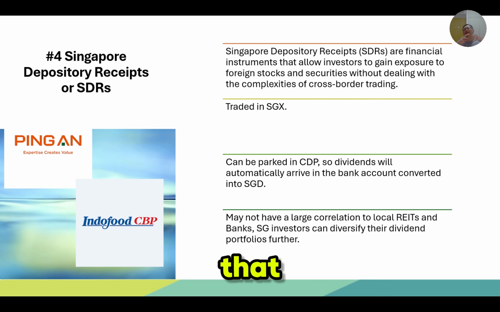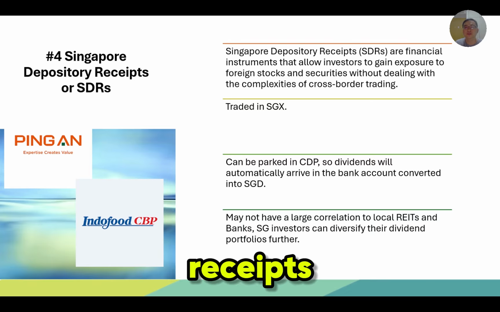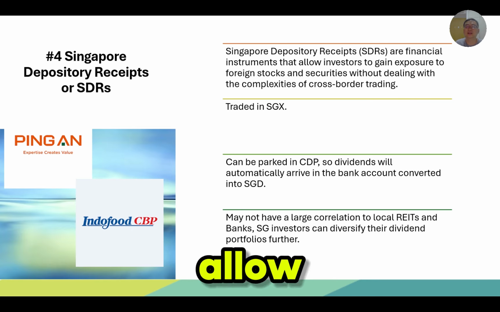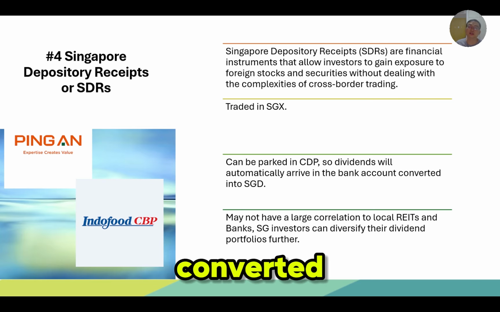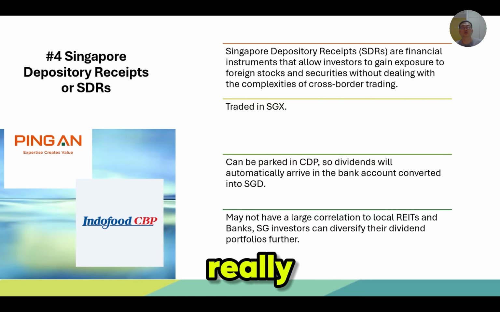Now we're finally moving into our fourth area that you might also want to look at, which is very exciting entering into 2026: Singapore depository receipts. These are financial instruments that allow a Singapore investor to gain exposure to a foreign stock. And the good thing is that they're all traded on SGX. So when you buy Singapore depository receipts, they will be parked in your central depository, and your dividends will automatically arrive in your bank account, converted into SGD. So really, not much drama. But what's exciting for me is that many of these stocks, because they're in Thailand or Indonesia,